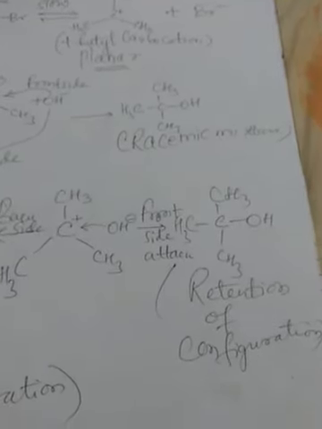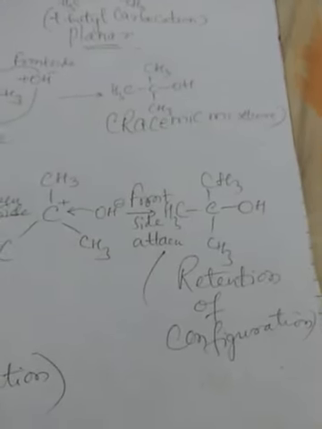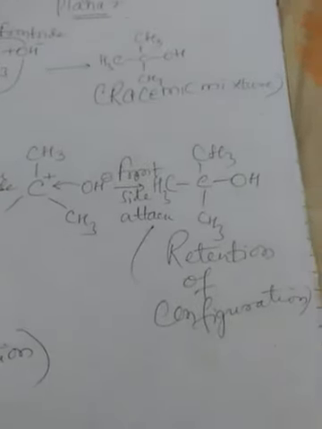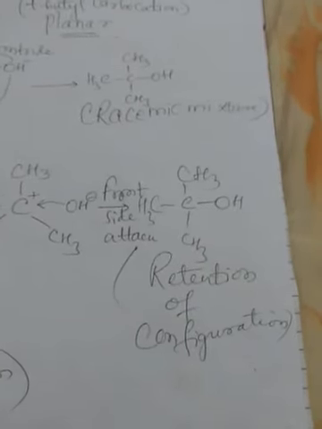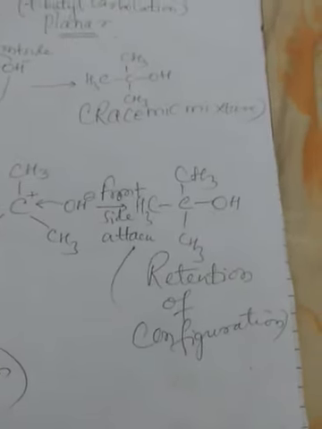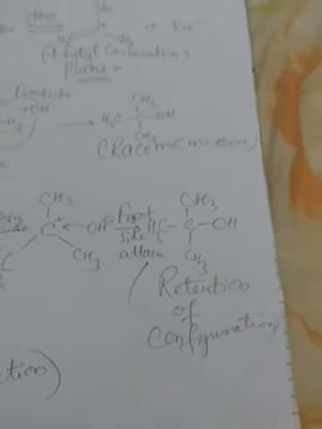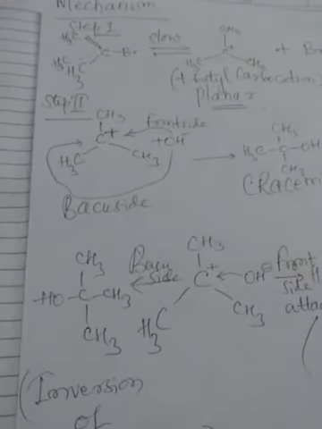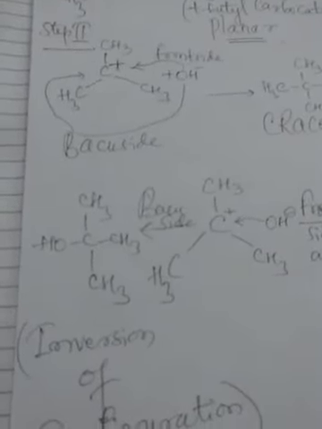Remember, the term configuration has a different meaning here with reference to isomerism. This has nothing to do with electronic configuration. Here the term configuration refers to the arrangement of atoms in space. So front side attack will give you the product having OH at the same position where Br was present in the tertiary butyl bromide. The other possibility is backside attack. Backside attack with respect to the C-Br bond will give you the product with C-OH present behind. Hence, the product will have inversion of configuration.